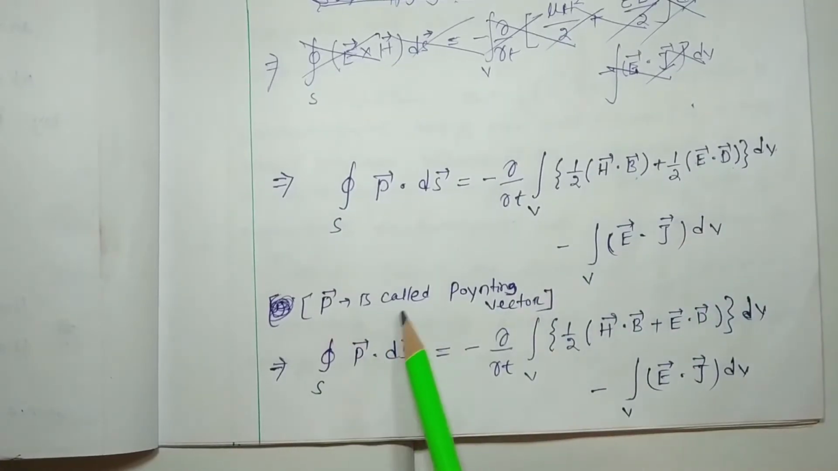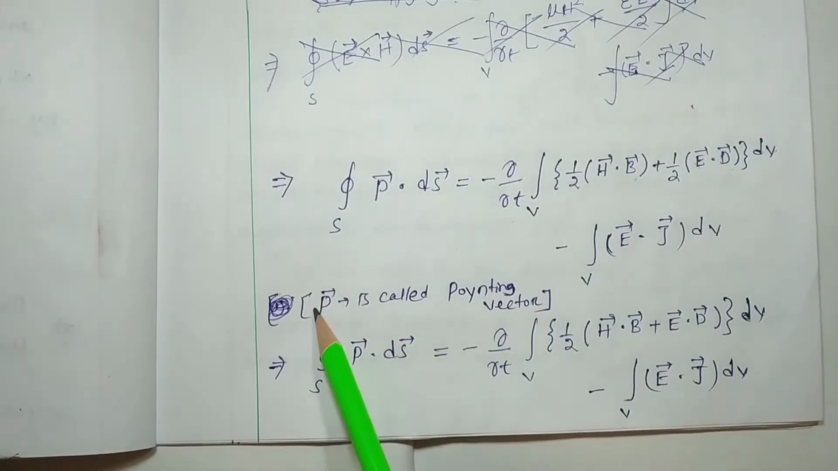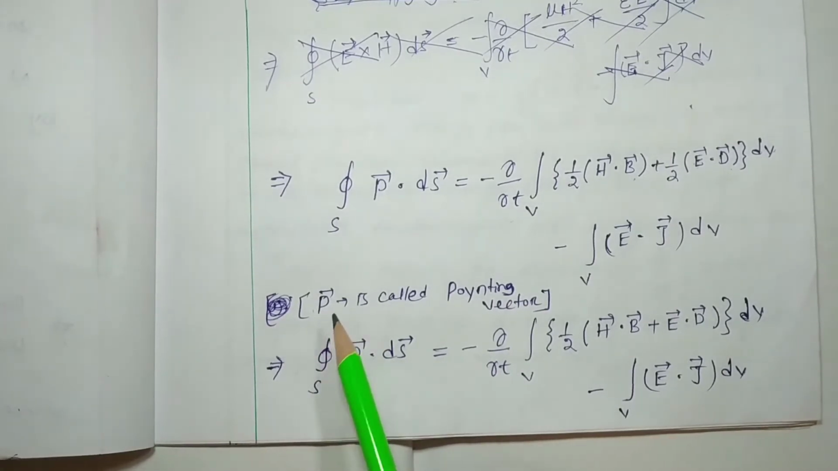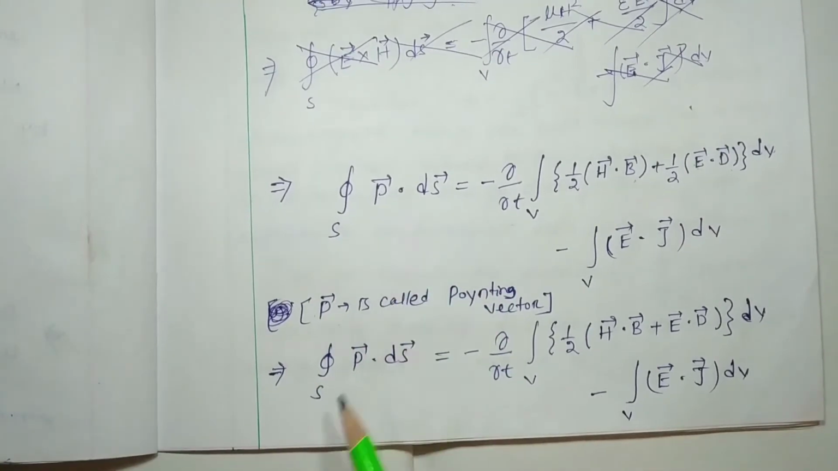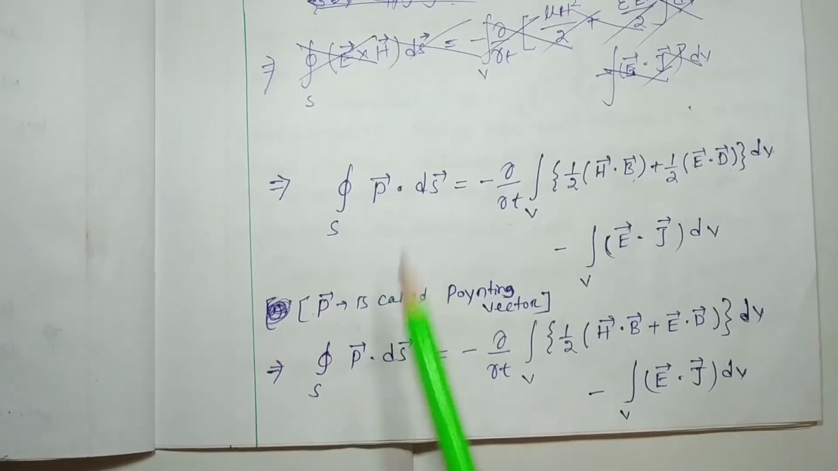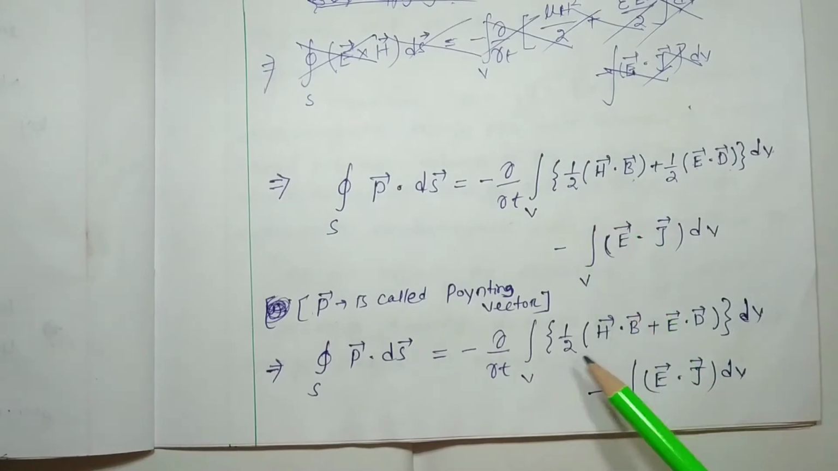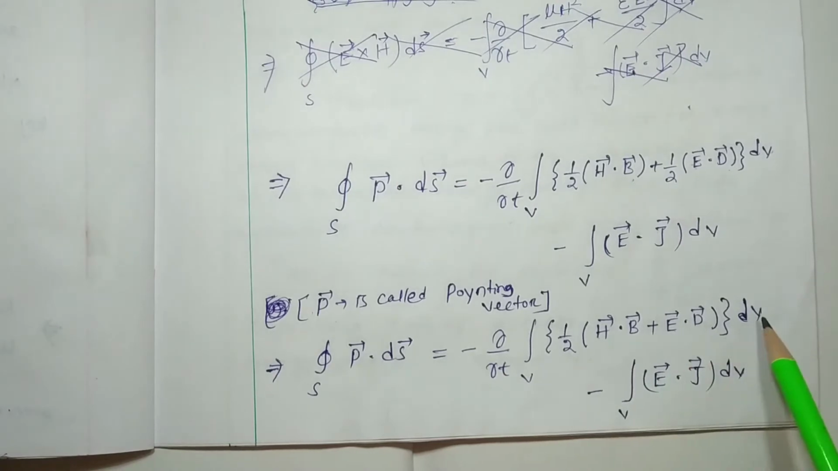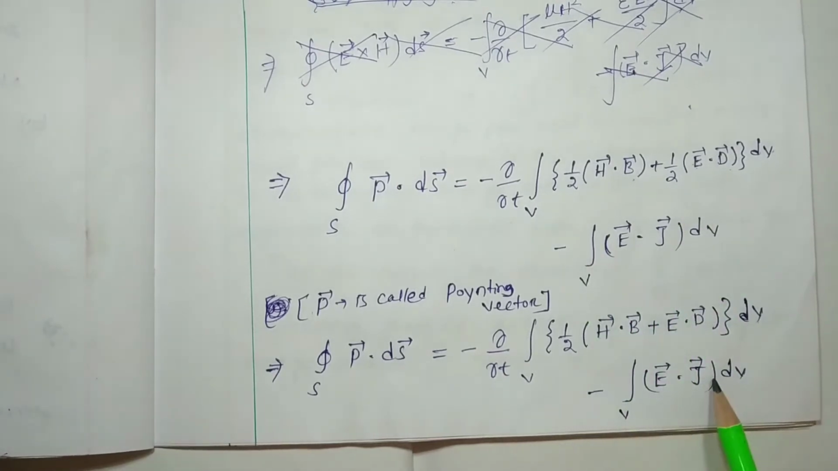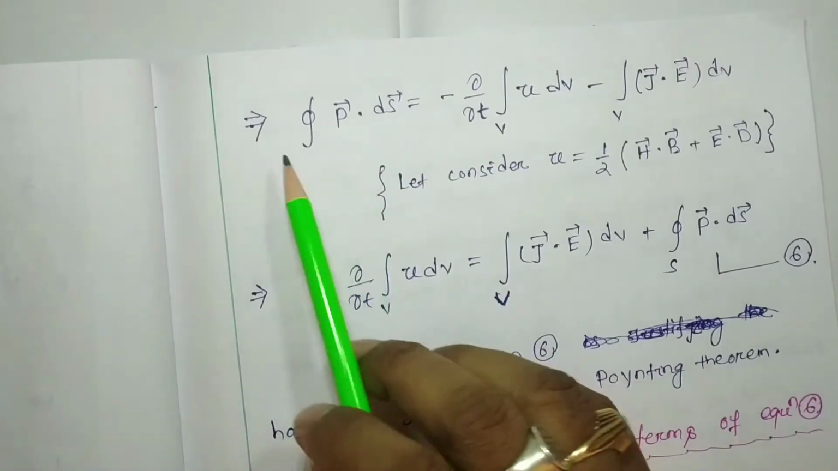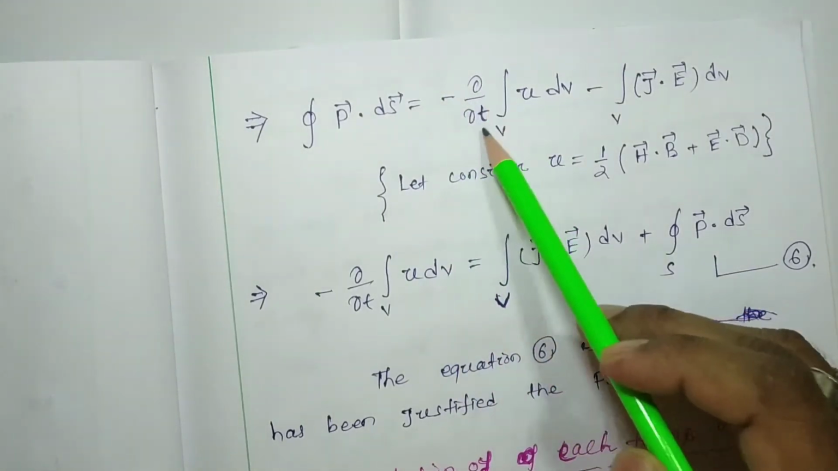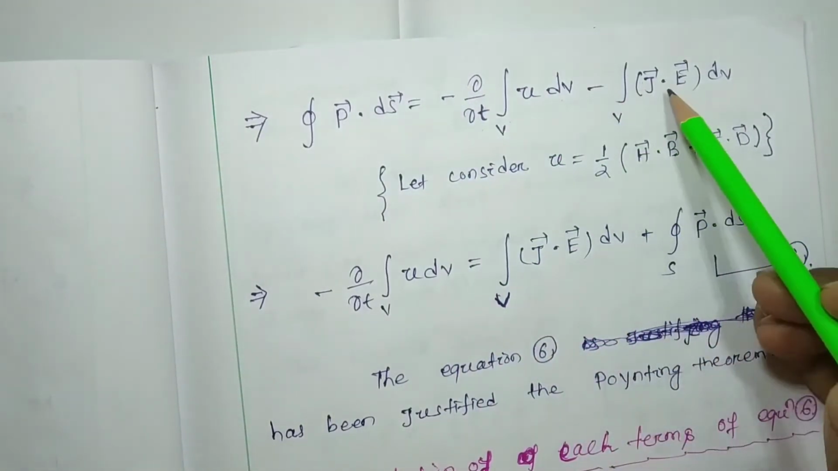So here P is nothing but the Poynting vector, named after the physicist J.M. Poynting, who discovered this. So that implies the surface integration of P dot dS is equal to minus del by del t of the volume integration of half, collectively I have written H dot B plus E dot D into dV, minus this term. So that implies P dot dS is equal to minus del by del t of the volume integration of u dV, minus